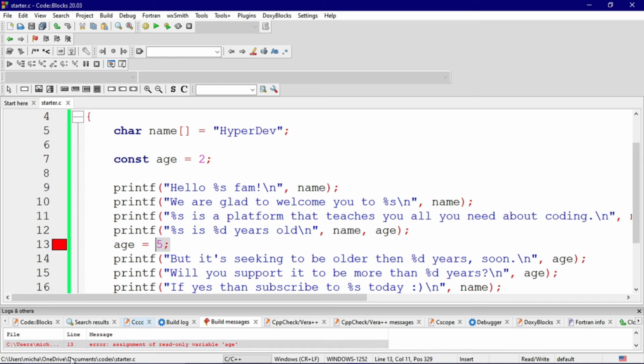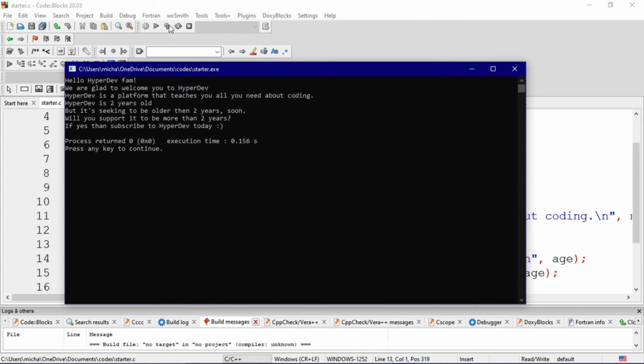That is why in the error, if you can read down here, it says assignment of read-only variable age. If a variable is with const, you don't need to assign anything. The only thing you do is just read it. So if we take this away and run it again, it will execute with no problem and everything will work.